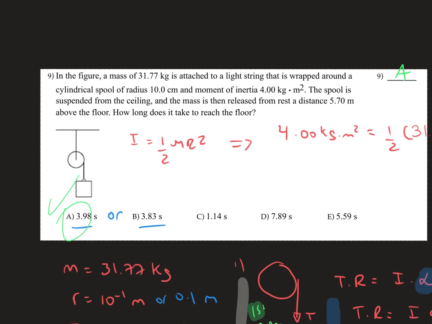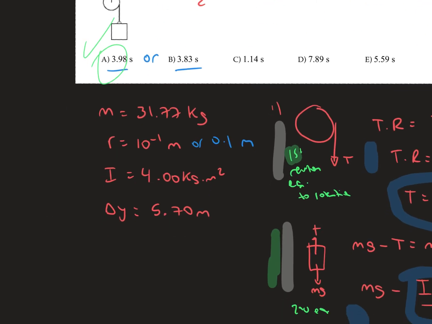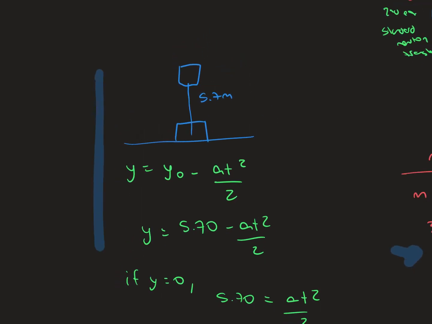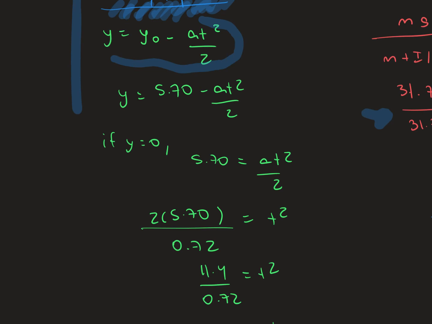One thing we know from the question is that the mass is released from rest at distance 5.7 meters above the floor. So that sentence is represented in this graph. As we can see, y is going to be equal to y initial minus acceleration times time squared divided by 2. So we're trying to find how long it takes for the object to reach the floor. So this is the floor. So we're going to use this equation to find that out, now that we have the acceleration, which we previously found. So if y equals 0,